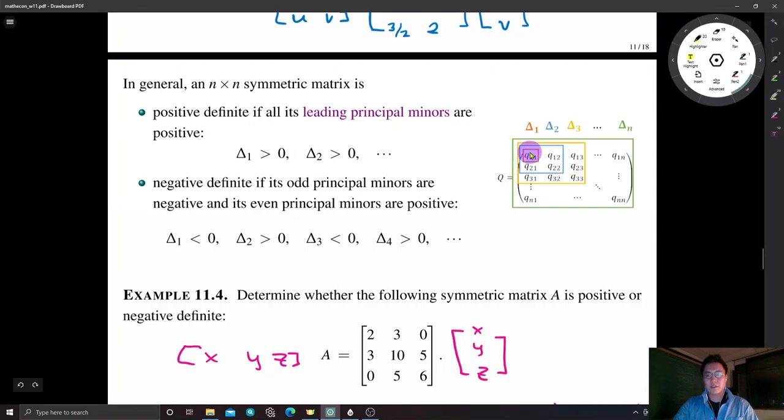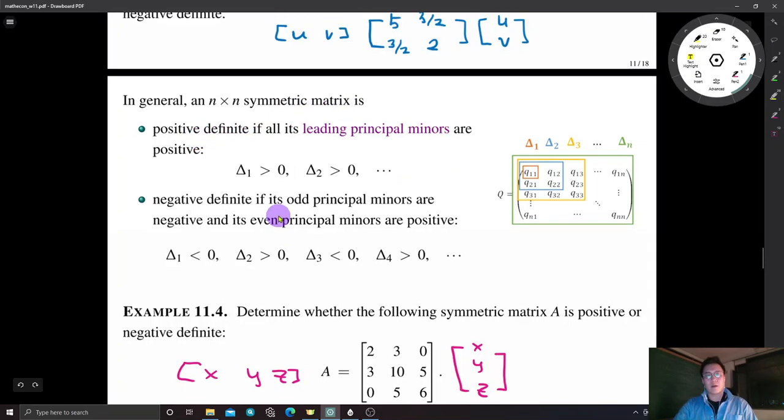Okay? So this 2 by 2 inside the blue box. And the third leading principal minor is going to be the determinant of this 3 by 3 matrix inside the yellow box, and so on. Okay? So if all leading principal minors, so the determinant, have a positive value, then the symmetric matrix is positive